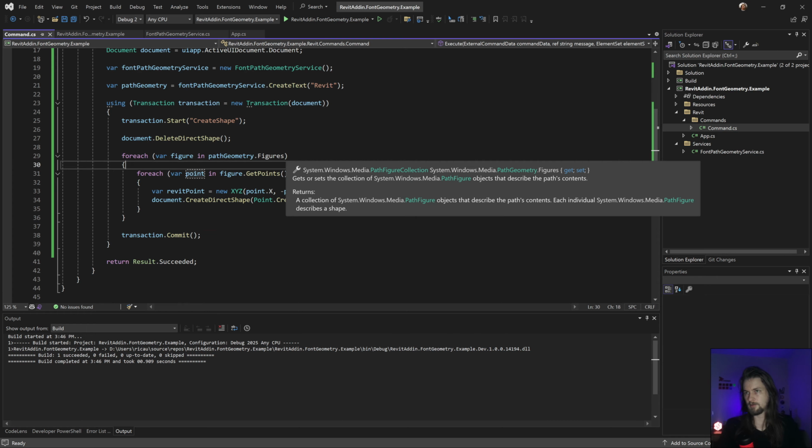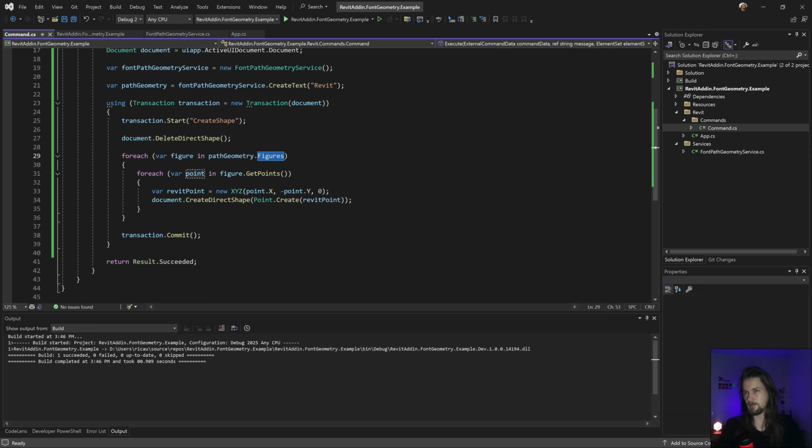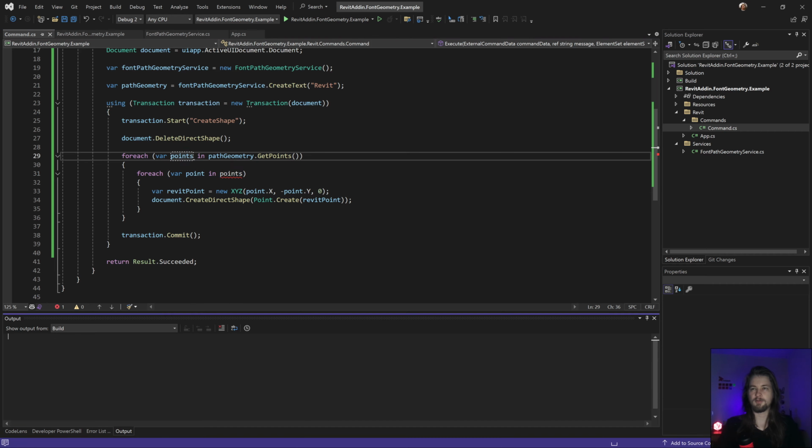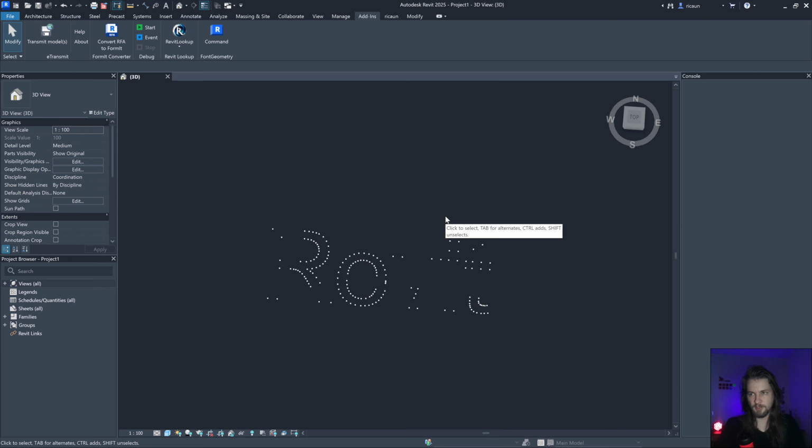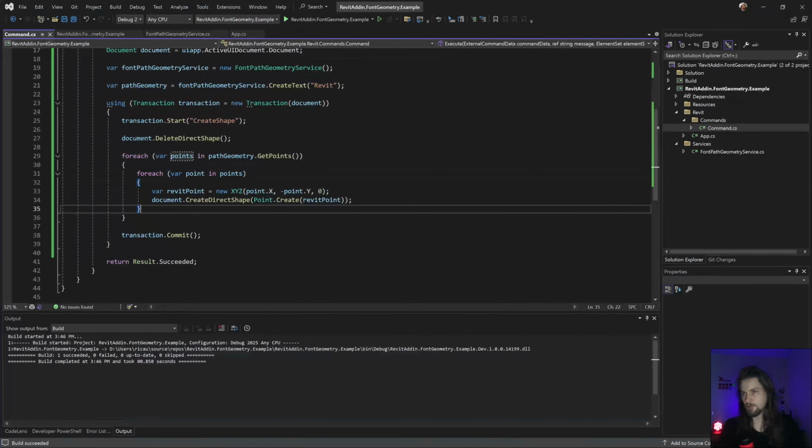It's kind of the same, but yeah. This is gonna be something like this. And here this is gonna be points. And this is gonna be points. Yeah, something like that. So this should be the same. You can change the name actually, but yeah, this is gonna be more easily to create our method.